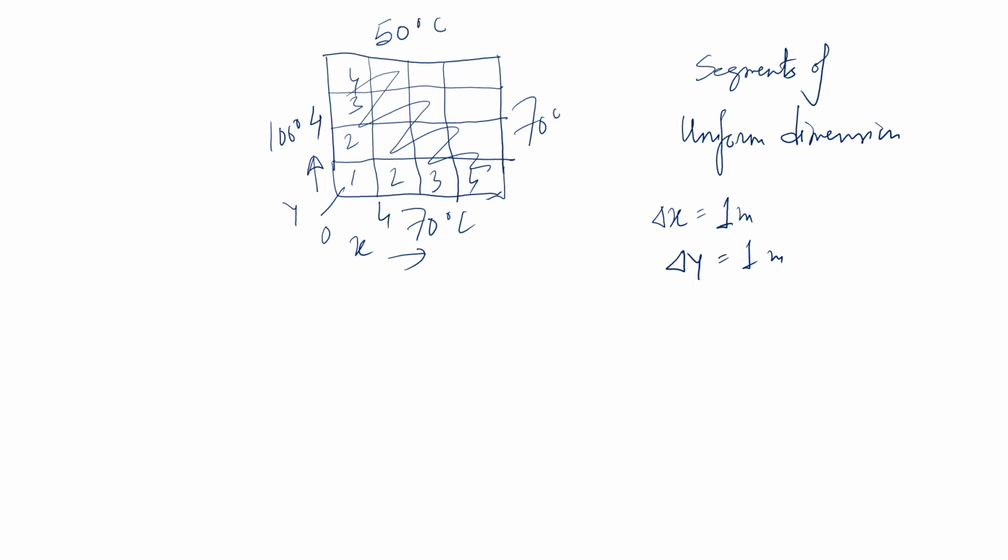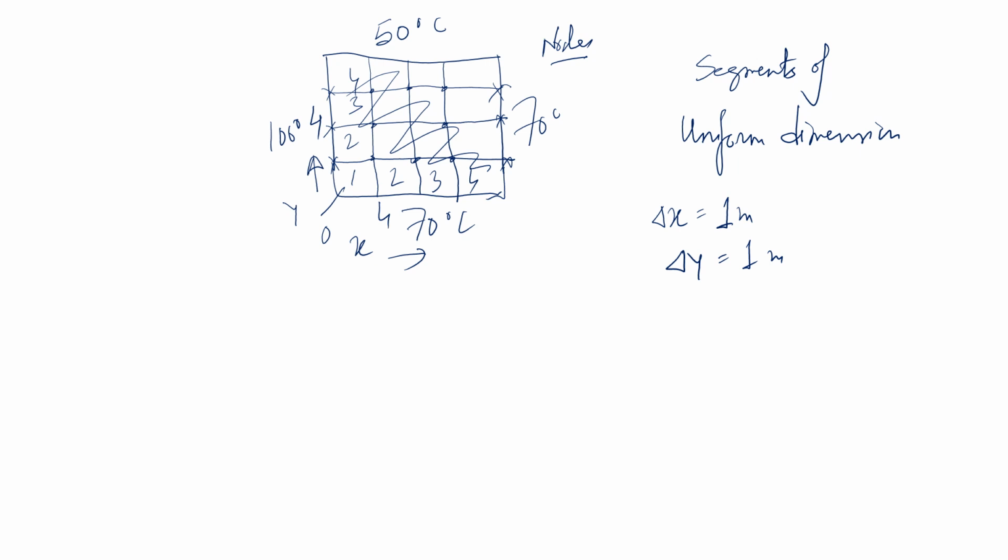And 16 segments, so the junction point is this one, this one, this one. So all these are the junction points. And this one, these points are at the edge points. And all these points are known as nodes, where these edge nodes, the temperature at these edge nodes